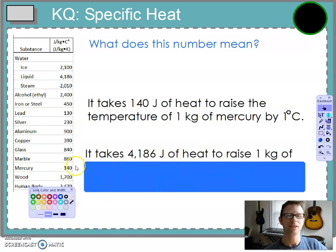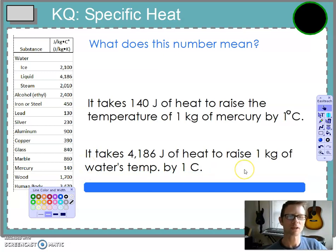Water, whoa, takes 4,000 something joules to raise 1 kilogram of the water's temperature. Now, I would love it if you even try to write that in your own words. Like you could say something like this. Well, I'll pause the video and then we can think about saying it in our own words. Say something like,